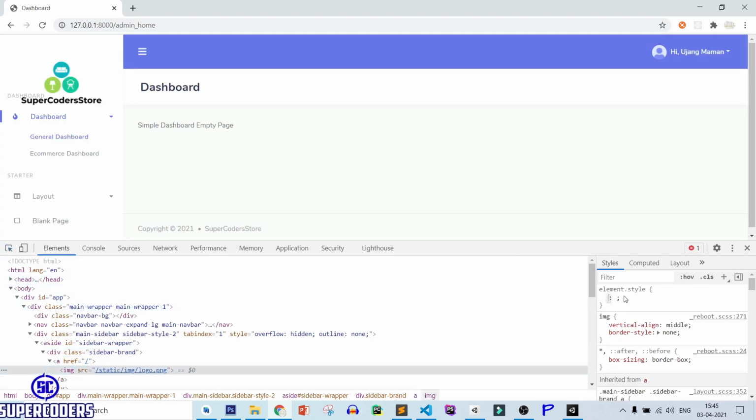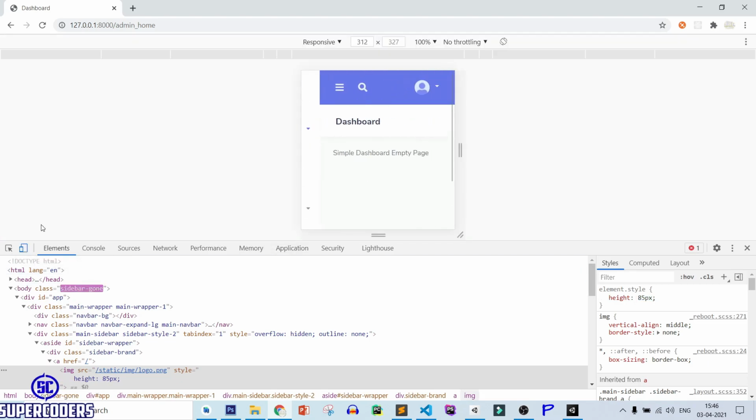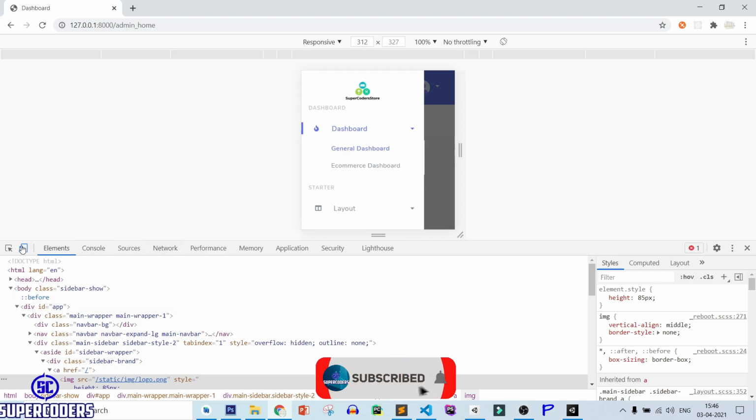So let's make it small. Height 50 pixel. I think 85 pixel is perfect. Let's see in responsive, and it is looking perfect in responsive too.